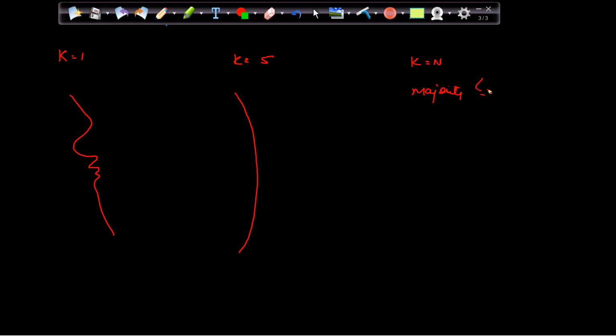So if you remember, we had a discussion that when k is equal to 1, my line will be more curvy. When k is equal to 5, my line will be more smooth. And when k is equal to n, it will take the majority voting, and obviously it will go to the majority class. Suppose more people are going with a scooter, so it will predict scooter for every guy, right? That is what we discussed in one of the sessions. Now, in this, we'll try to understand how we can determine whether it is really overfitted or not, right?